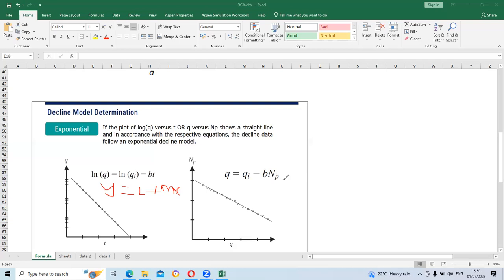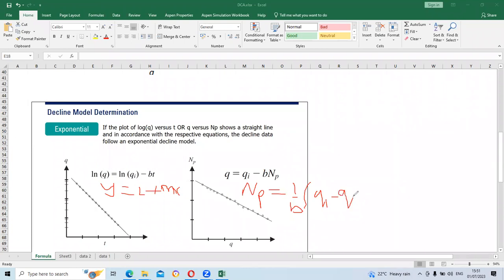What if I know the cumulative production? What if the cumulative production has been given? Then what I would do is draw a graph of cumulative production against the rate. If I draw the graph of the cumulative production against the rate, I expect it also to give me a straight line. So from here, you can make cumulative production the subject. It will give us Np. Np is equal to 1 all over b, I think. Yes, 1 all over b,